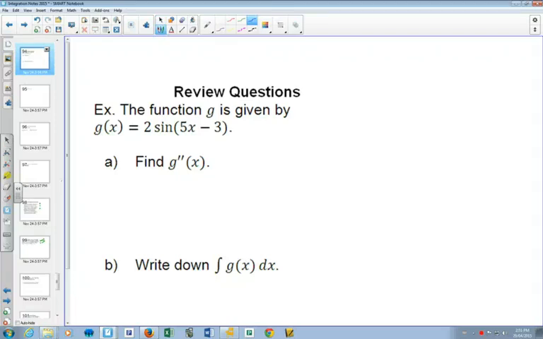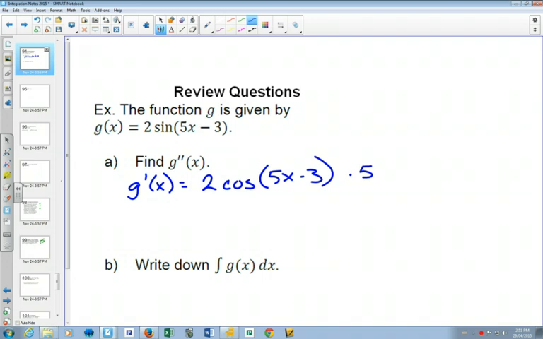So in order to find g double prime, we're going to have to find g prime first. And the derivative of sine is cos. And it's a chain rule. And you can write it like that, or you can multiply the 2 times 5 and get 10 cos 5x